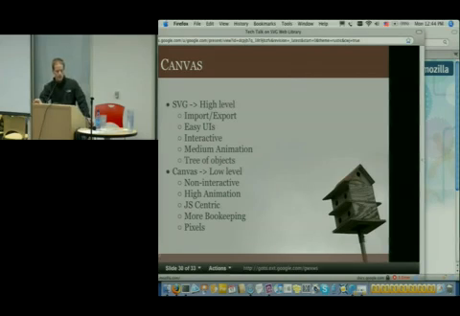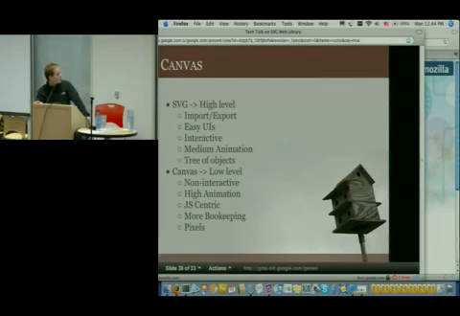And so here we see SVG is more high level, which depending on your needs helps you or hurts you. And Canvas is more low level. And again, that can be a pro or a con. So when you start a project, you ask yourself things like, do I need import and export? Am I dealing with assets? Do I have Tiger illustrations? Do I have things like that?